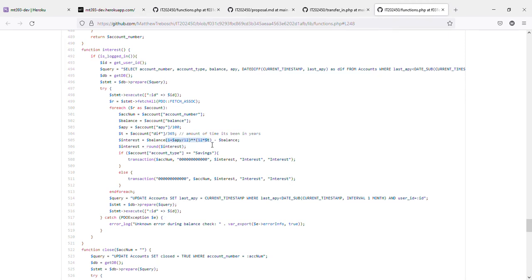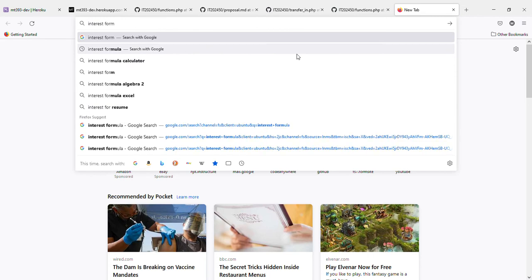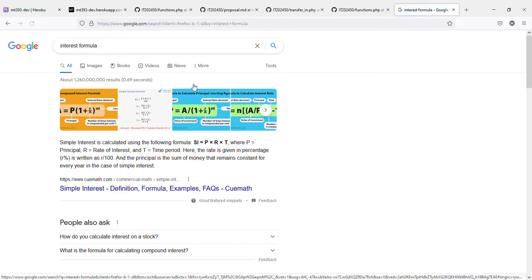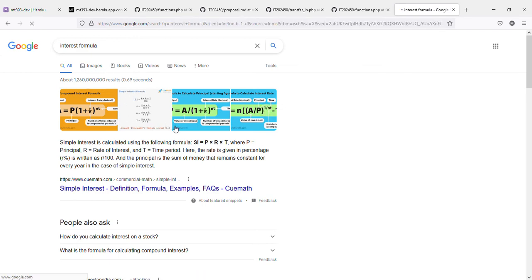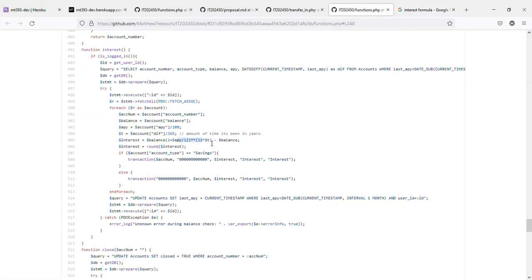But yeah, if you recognize this formula, it is the same formula that you would find if you looked up interest formula. This formula is continuous and differentiable, which means that's some Calc 1 talk, but it is a continuous function that runs through